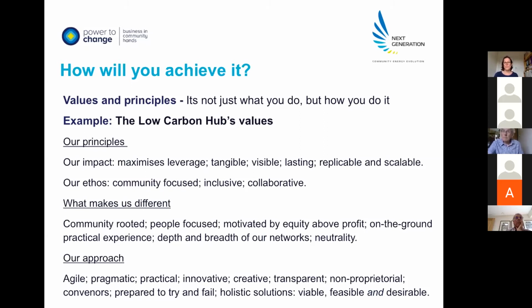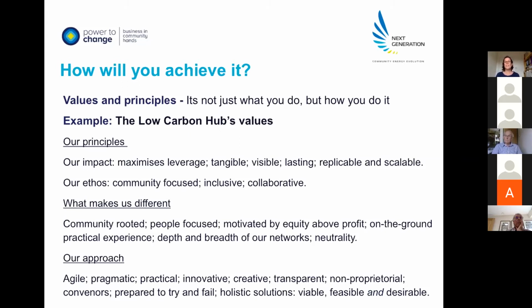These principles were actually first developed in conjunction with 27 local low carbon volunteer groups that we're owned by, and we were setting out our grant giving programme, wanting to think how we could best use our community grants to support their work. And so we did a co-design workshop with them to say, how would you like us to be using our grants? What kind of difference would you like it to make, and what should we have running through this as our ethos? And so that's where those principles came through. It was in conjunction with them, and actually we've now adopted those as the principles that underpin all of our work.